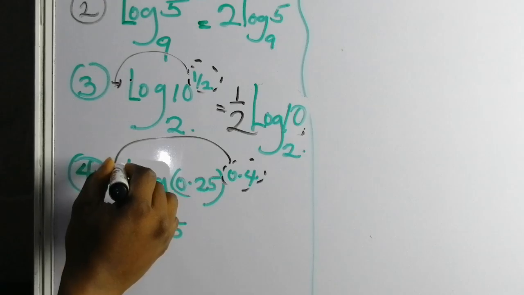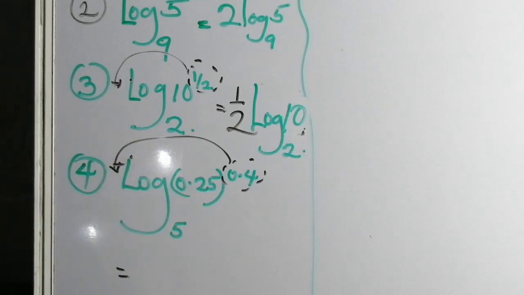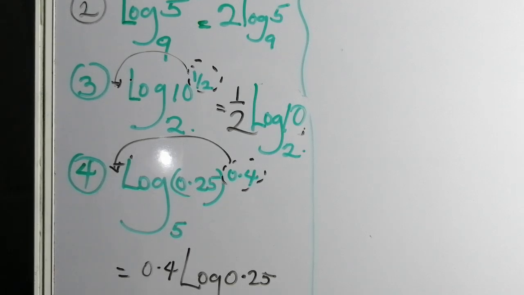will move to the back of what? To the back of the log, based on the law. So this is the same thing as saying 0.4 log 0.25 base 5. So it's as simple as that, very straightforward and clear. What we can now do is move to the fourth law, which is the power law. Then at the end of the day we can say we've concluded this part